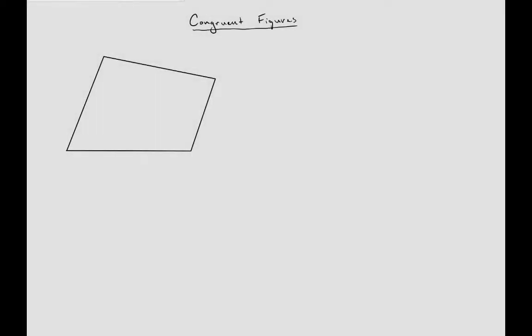By now you should have a pretty good idea of what the word congruent means. Congruent means that things are both the same size and the same shape. They're actually copies of each other. And so if I took this quadrilateral over here and I named it, the notation for this, since it's a quadrilateral,